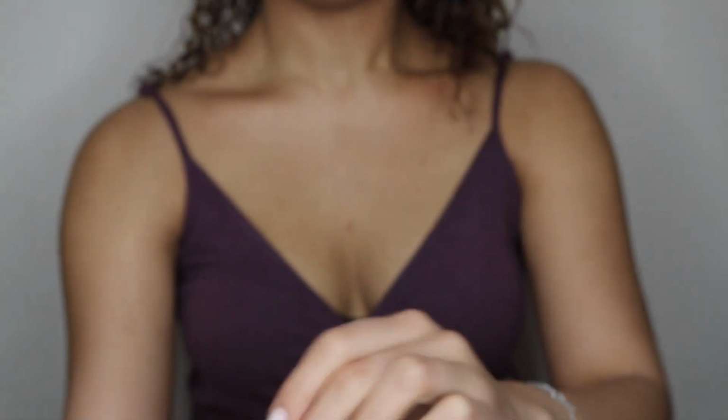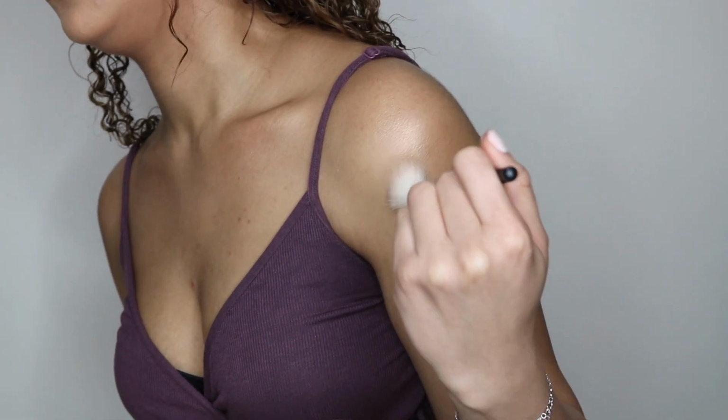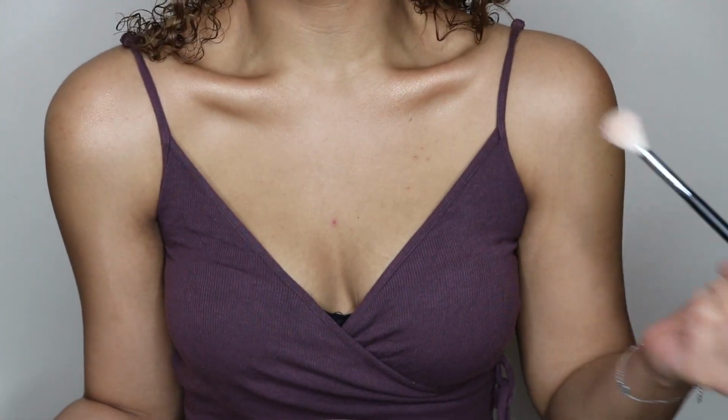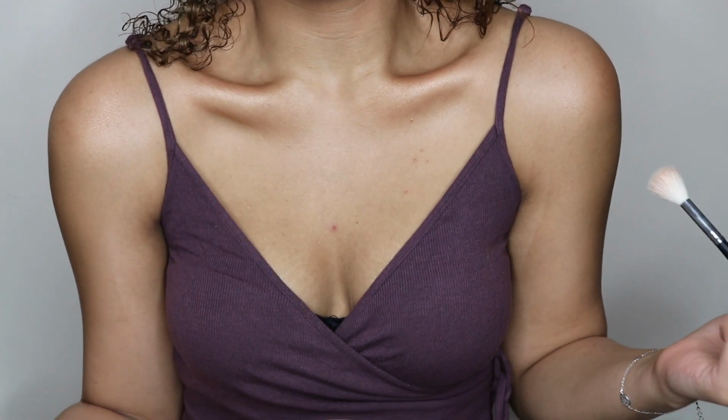And then we're going to do the shoulder, the ball. You guys see what? My bones naturally pop out, but I guess if you wanted it to pop out more, you could contour here and inside. But I feel like that looks kind of scary. I like it a little subtle. Sometimes I am self-conscious, and they're not even that out, but